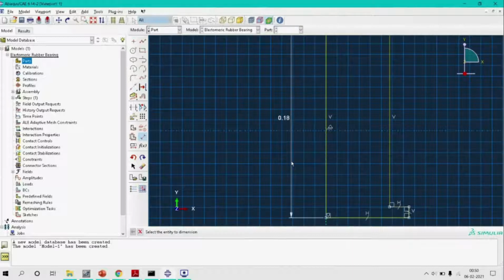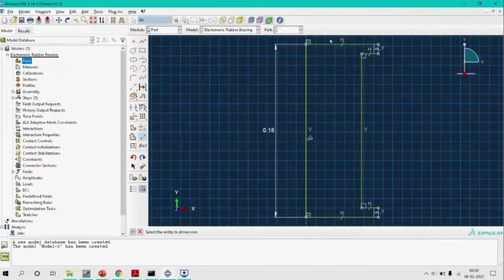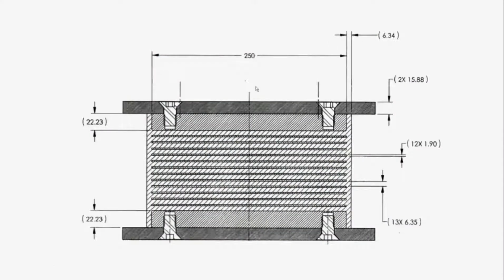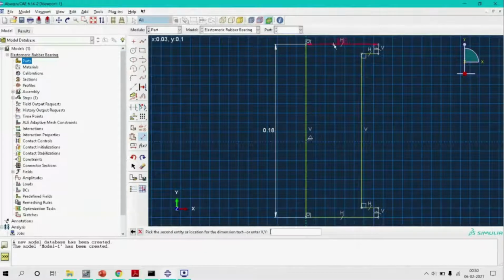Okay, so now our sketch is starting to take the actual shape. Let's auto fit it, and the top half length is coming out to be 152 mm, 0.152.